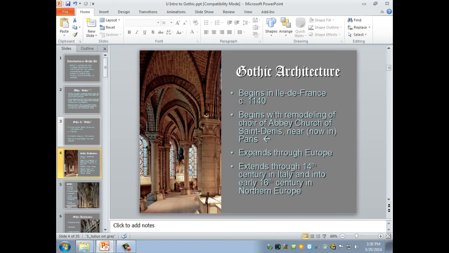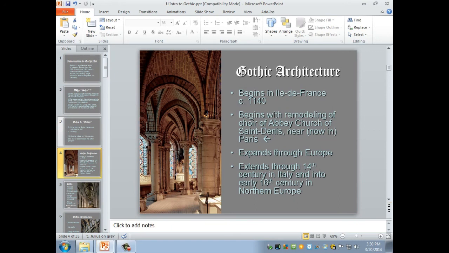But in Northern Europe, the Gothic style of architecture extends into the 15th and even in some places into the 16th century. So, for example, I teach a course called Northern Renaissance Art, and it's some French, but primarily it's the lowlands and Germany, which often call the 15th and the early 16th century late Gothic. Spät Gothique in German.